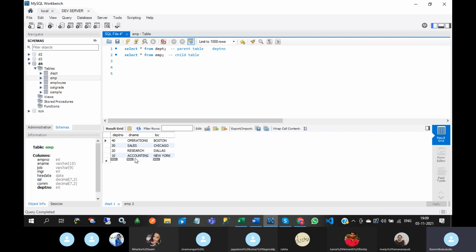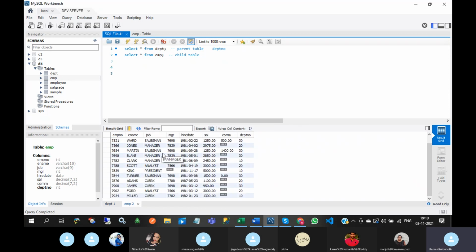There are no details for department number 50, because we have only 10, 20, 30, 40. If it accepts the employee details with department number 50, we call it a bad design, because we don't have department number 50.